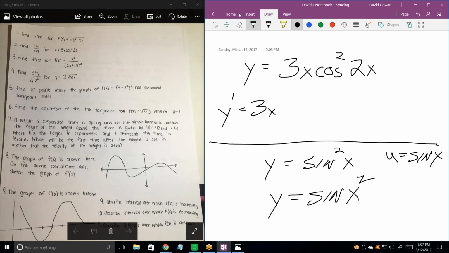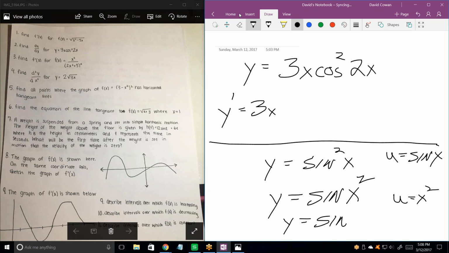In other words, whatever you deem the inside to be, you have to be able to write the original function in terms of that inside. And this is not a bad habit to do on every product or every chain rule problem, is identify the inside very first thing. Well, u is the inside of that, but down here u is going to be x squared. Why? Because now I can write it